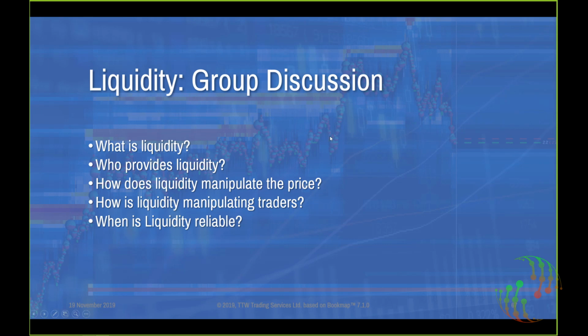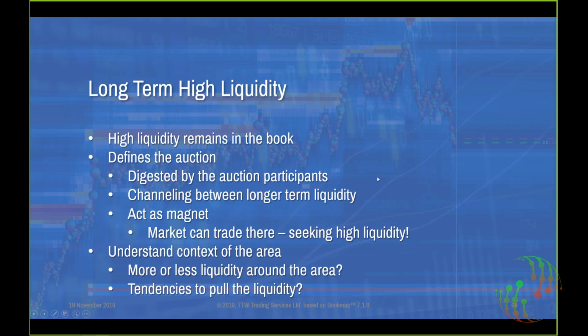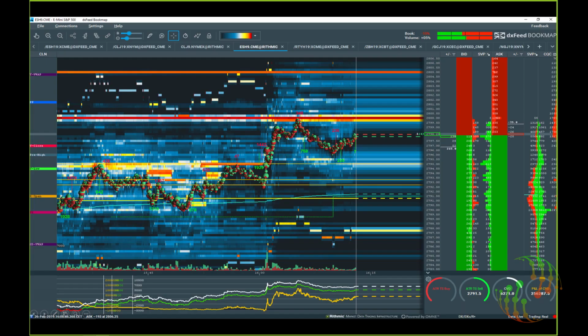Okay, I would like to postpone this discussion because we want to go to the exercise, which is more impressive than the discussion. Let's talk about the long-term liquidity, and let's talk about the short-term liquidity. Long-term high liquidity remains in the book, defines the auction, is digested by the auction participants, channeling between longer-term liquidity, we will talk about the channeling, and acts always as a magnet. We will see this liquidity. We can build a strategy upon that. When we understand that liquidity acts like a magnet, and we are trading this area here,